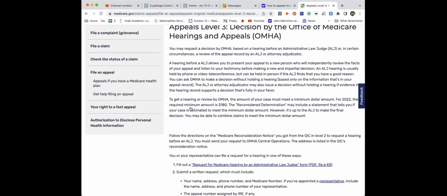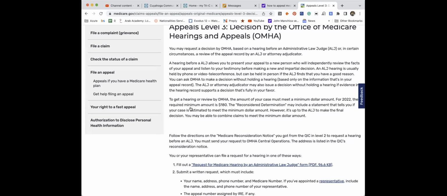An ALJ hearing is usually held by phone or by video conference. This is one thing I want to emphasize. I went through this process with someone, and we were automatically given a phone call, so we had to push for the fact that we wanted to actually see them. The health plan, I understand that most times they show up. In this case, they did not show up. And even more so, when called by the judge, they said they were coming and they still did not show.